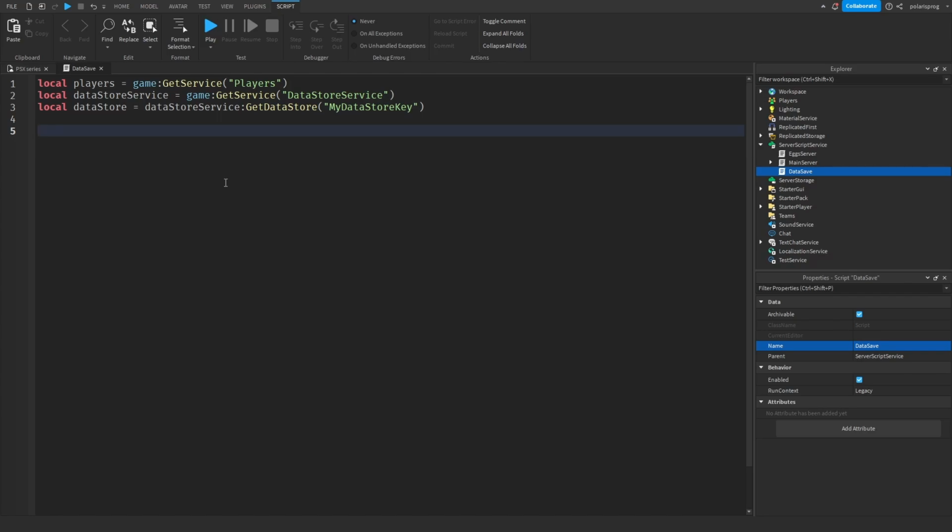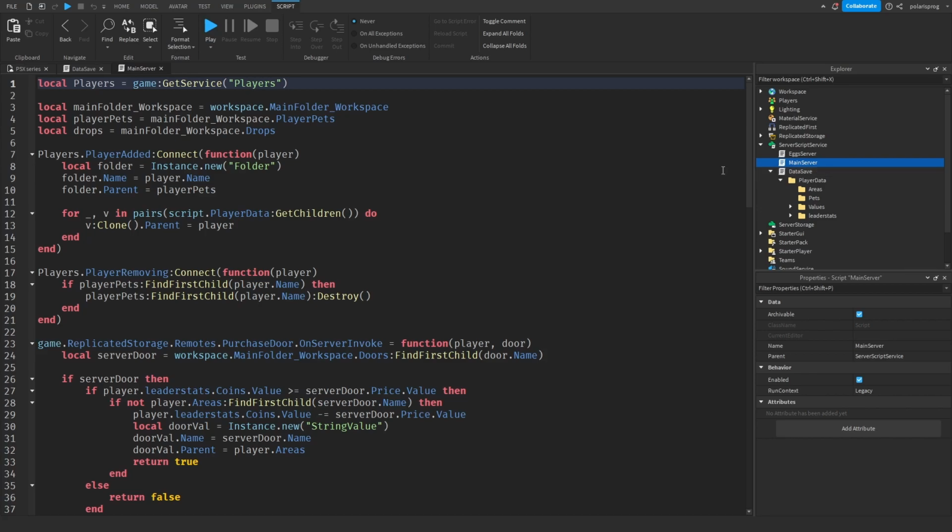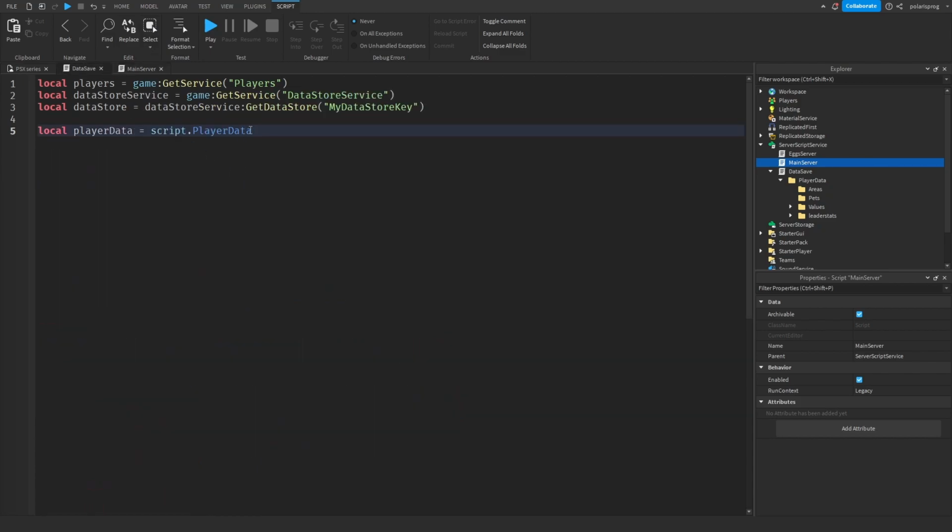and in here we are going to get the player data, so local player data is equal to, and I think we have the folder inside of the main server script, but I think what I'm going to do is just drag it inside of the data saver, and that should work. So local player data is equal to script.playerData, and to prevent this from erroring I'm going to enter the main server script, and in here I'm going to just comment this out, or maybe just delete it, but I think I'm just going to comment it. So toggle comment,